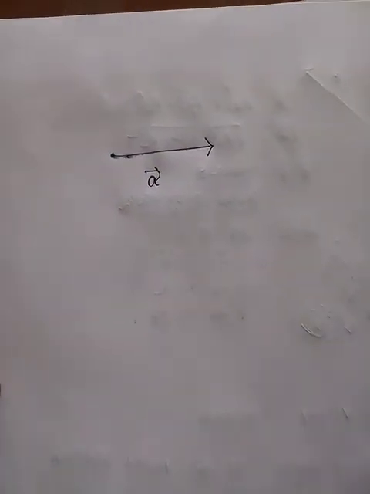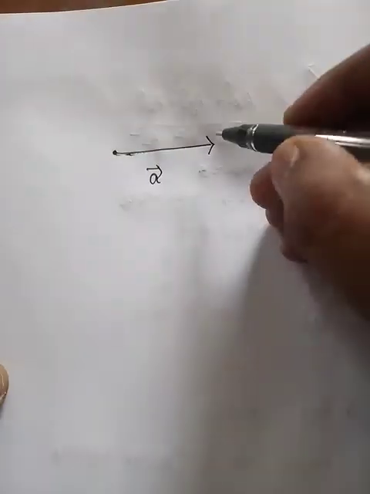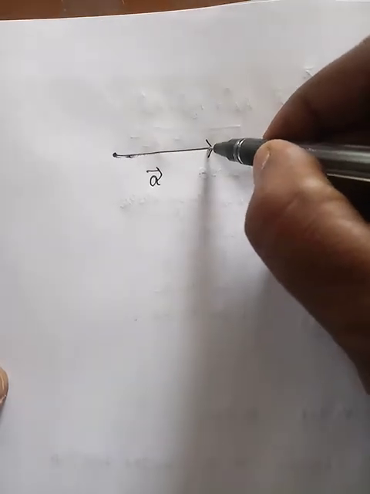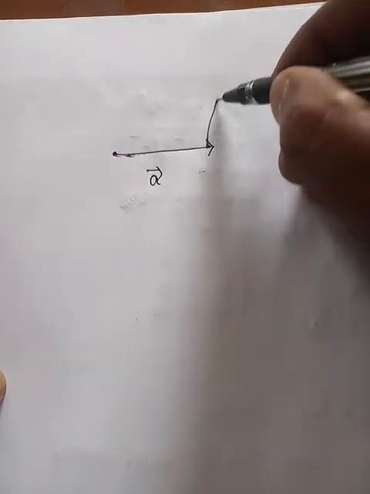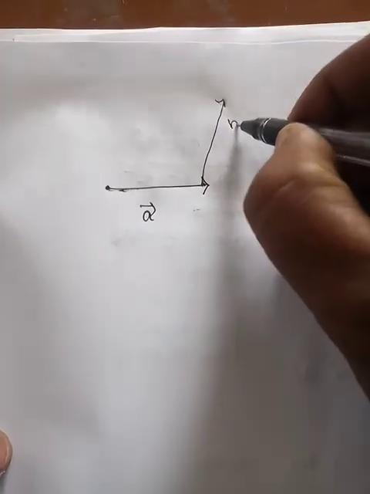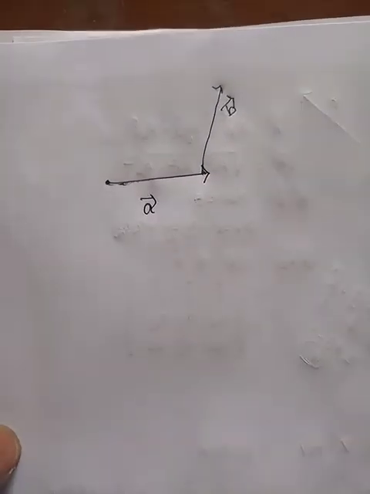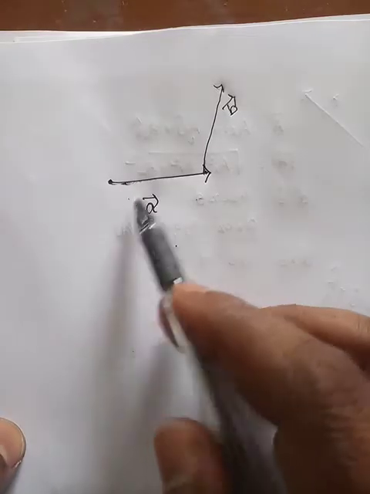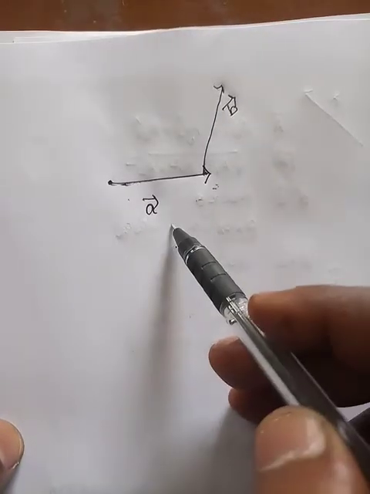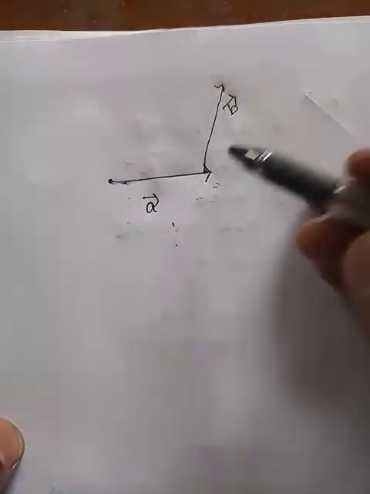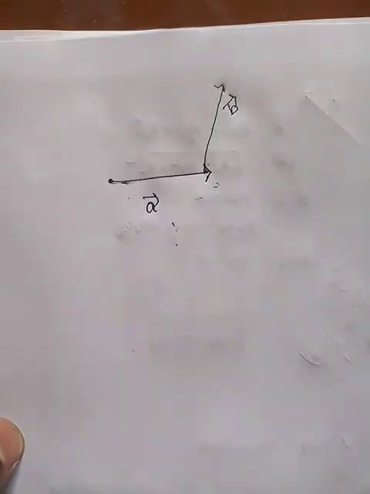Let us see. If I have taken two vectors, A bar and B bar, I place it like this, A bar. Now, I am going to connect head to tail. So, this is head, right? This is tail, this is B bar. A bar and B bar, these two vectors have magnitude and direction. So, we connect it in such a way that head is connected to tail or tail is connected to head.